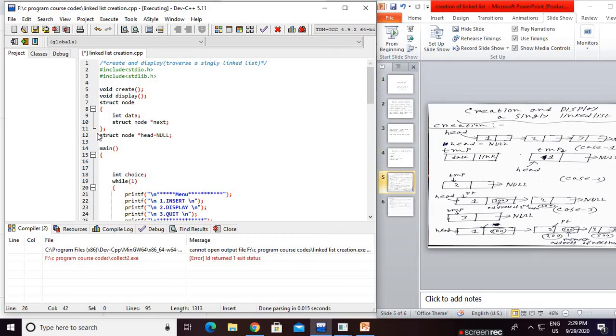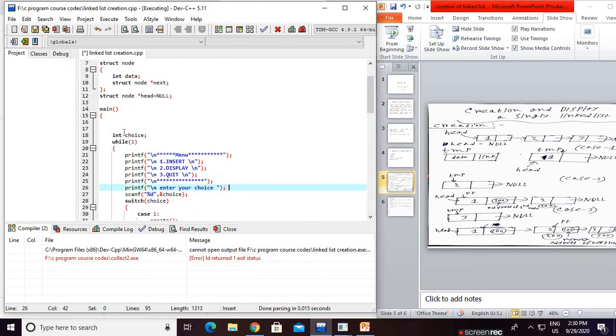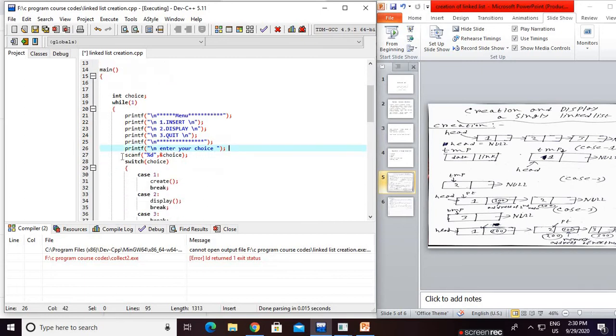Now close the structure. Again we take one pointer variable of struct node type, struct node star head, assigned the value NULL. Now in the main function, we take a variable choice, while(1), that means the loop's condition is always true.